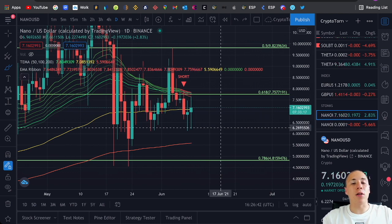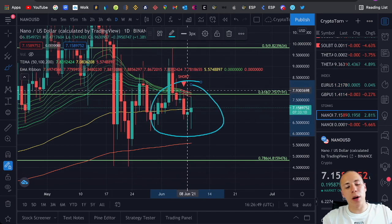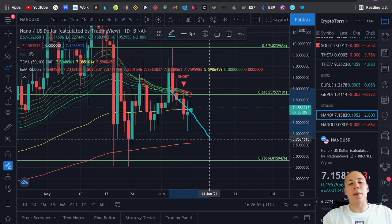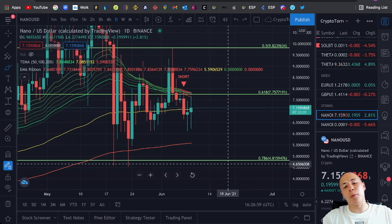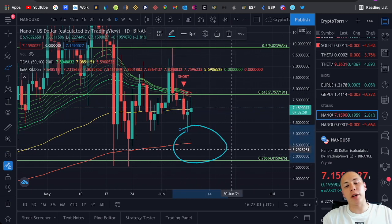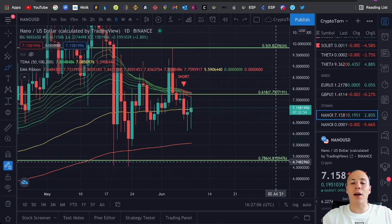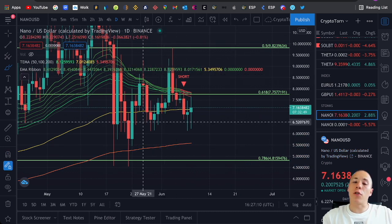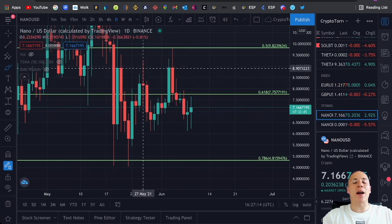getting created, and also the EMA ribbon is acting as major resistance on the daily time frame compared to the US dollar. And I think those two indicators are actually counting stronger than the EMA ribbon and the moving averages on the Bitcoin chart. And that's also why I think we will be heading towards the 200-day moving average over here, and we will get supported maybe by the 200-day moving average, or even going further down towards that $4.81 level. So for sure, it's not looking very good for Nano,